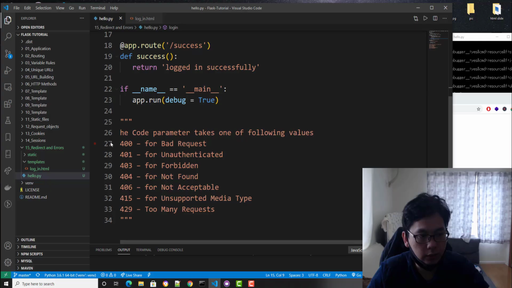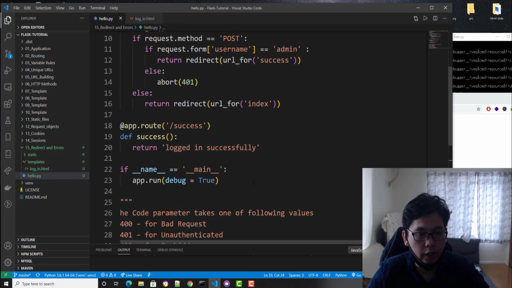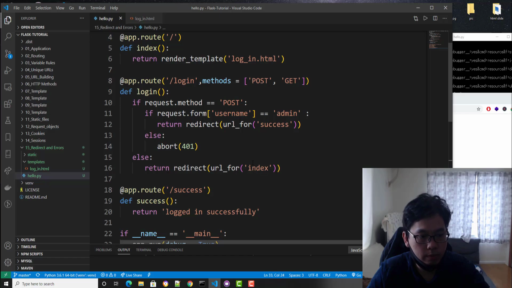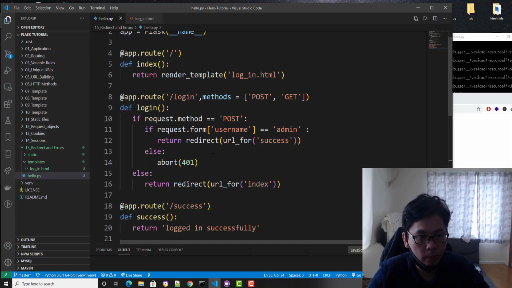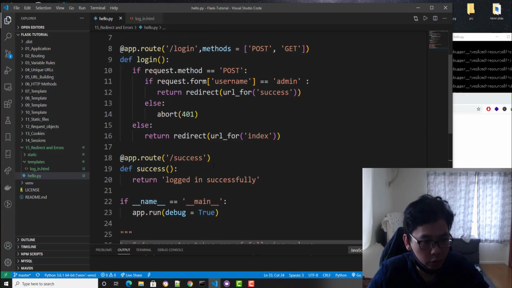You need to pass the code parameter like this. Nothing too special, it's easy to implement. Nothing to explain in my personal opinion.